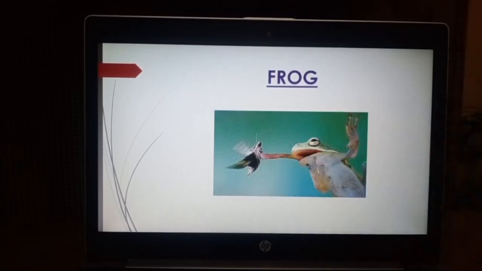So students, that's it for today. Today we have discussed the breathing habits of the human and of different animals. Then we have discussed what are the different special organs present in different animals. Then we have discussed the feeding habits in animals. So now students, take out your notebook and write down all these examples along with the names of feeding organ and breathing organ, and learn them by heart.